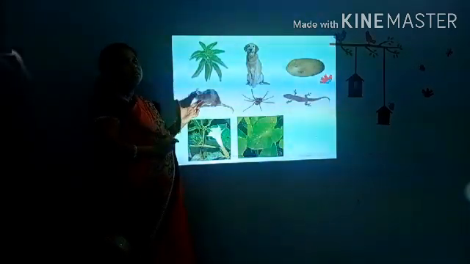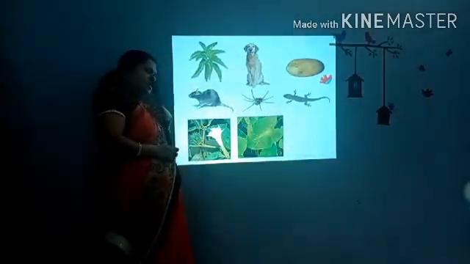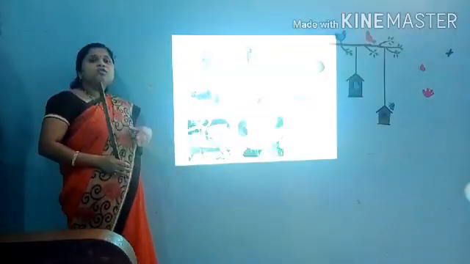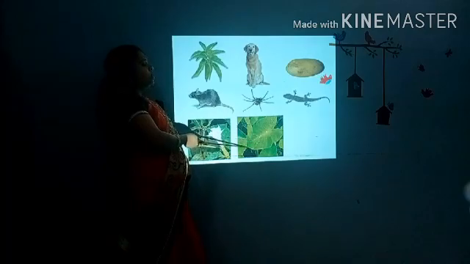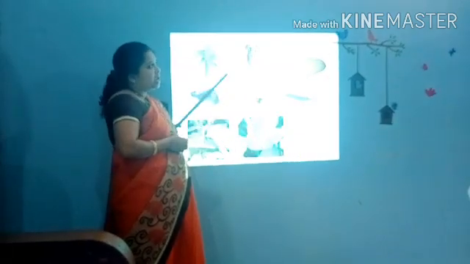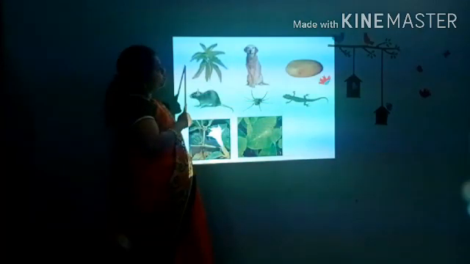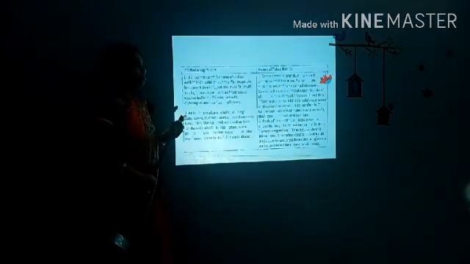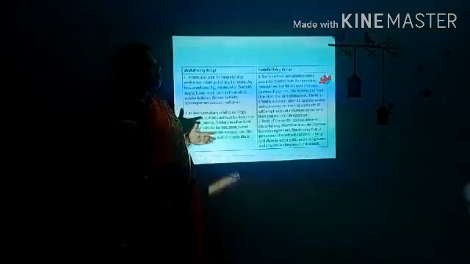Some living things we are using, because they are useful for us, and some living things we are not using because they are poisonous, so they are harmful to us. Here you can see Dhotra, it is a poisonous plant. Colocasia, when we eat this, there is an itching in our throat. We can't eat a rat, spider or lizard. They are poisonous and harmful for us. So living things which are useful for us, like the medicinal plants we are using, are called useful living things. And the living things which are harmful for us are called harmful living things.